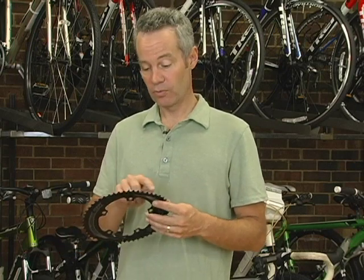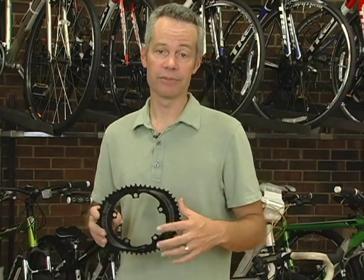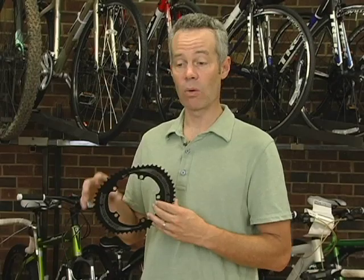Your muscles take over when you're in the power zone, but in your dead spots, everybody's their weakest. So radically reducing the number of teeth at the top and the bottom of your pedal stroke really enables your body to get through those spots and then back into your power zone. So what it does is it really makes going uphill, going really hard,